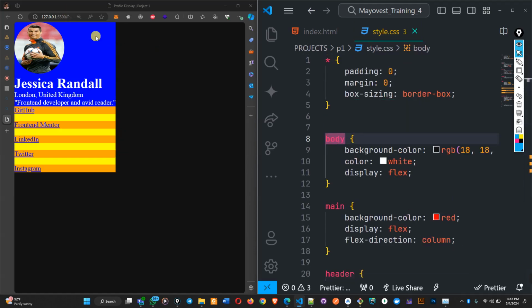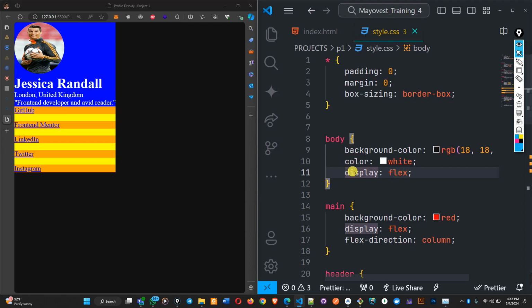So which means here the main is now a flex item under the body. I will explain this better tomorrow. I'm going to record a video that explains flex a lot, because there are a lot of things you need to explain, and you need to experience flex before you understand it or start using it in a correct way. So when you display anything as flex, whatever is inside it is going to be a flex item,